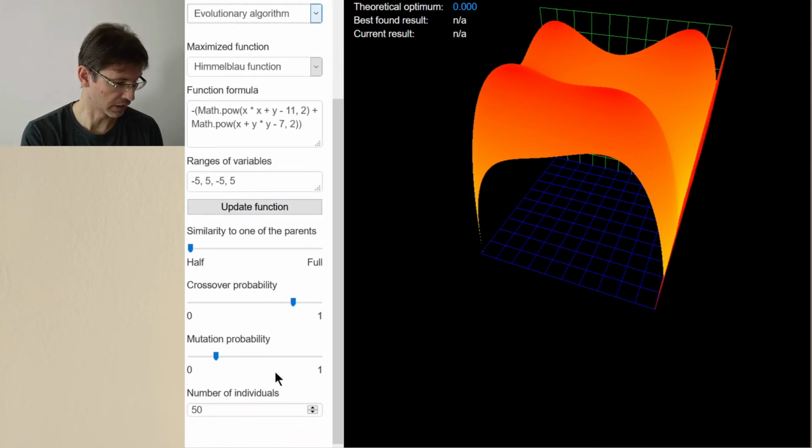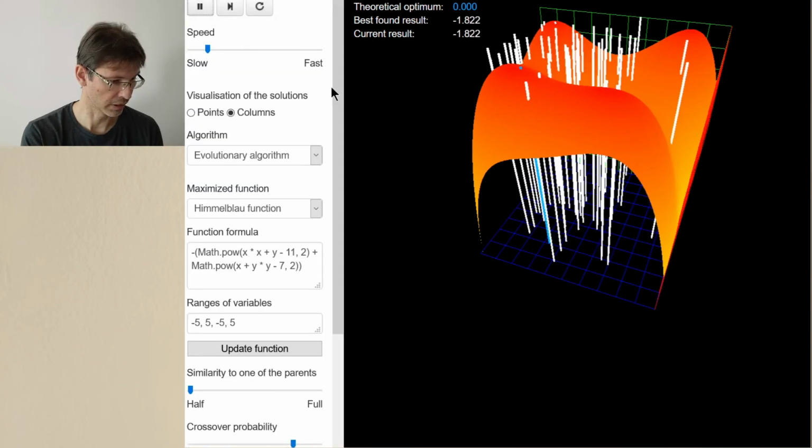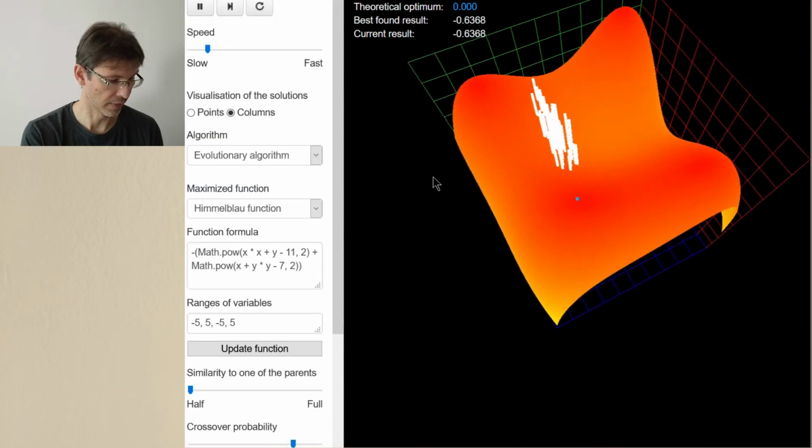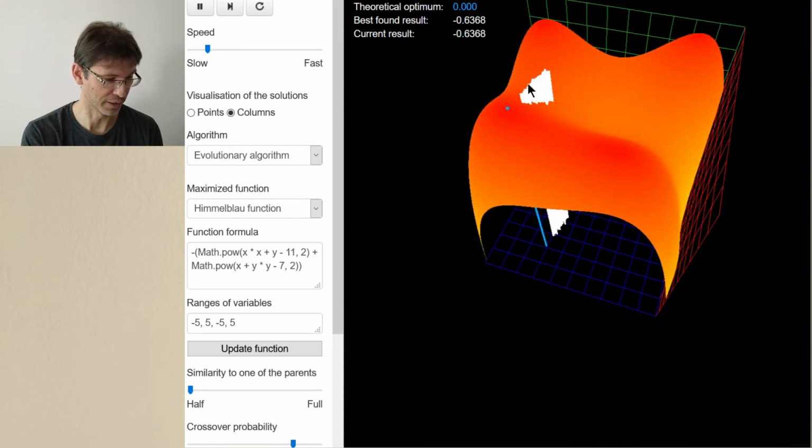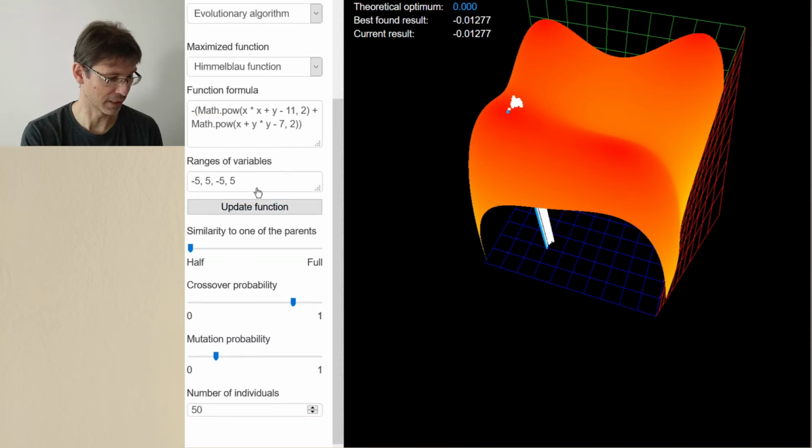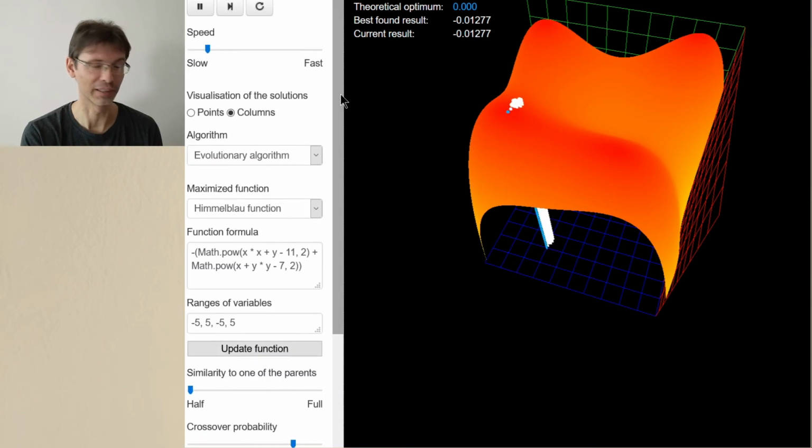We can even adjust some parameters, and we can run it and see how our population converges in some hopefully good region of solutions, close to the global optimum if we are lucky. So spend some time playing with this algorithm, with its parameters as well, and maybe with some functions that you can devise on your own.